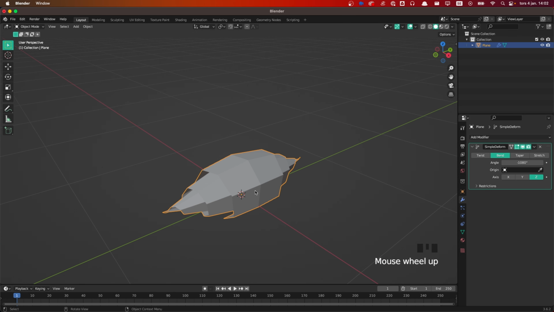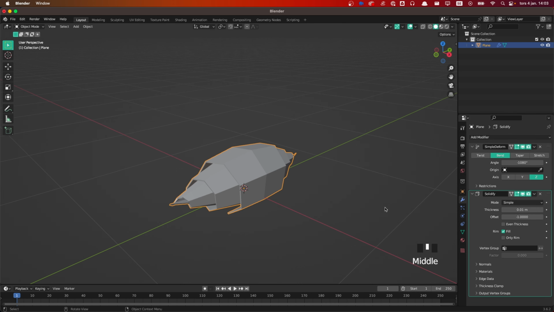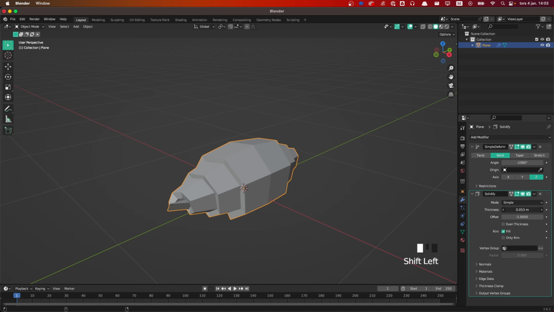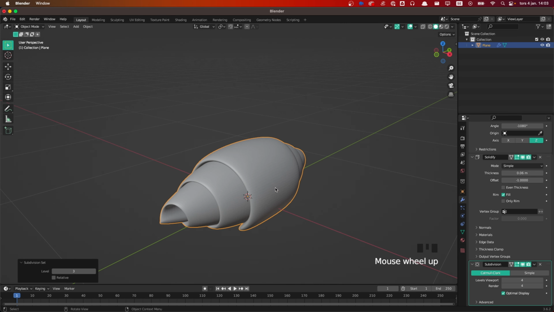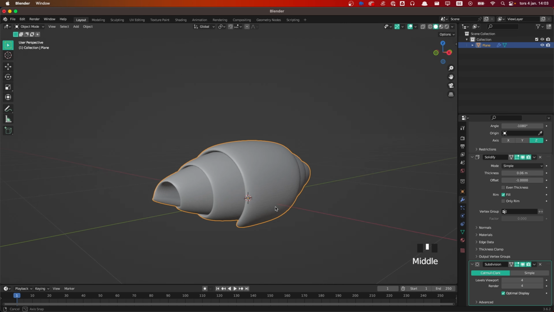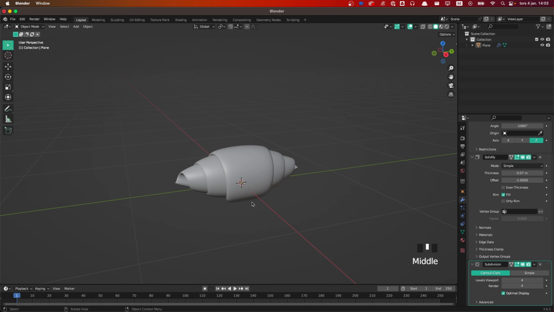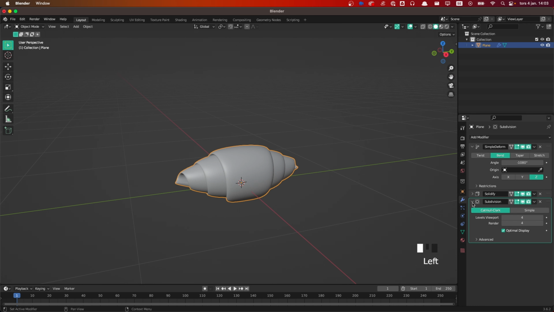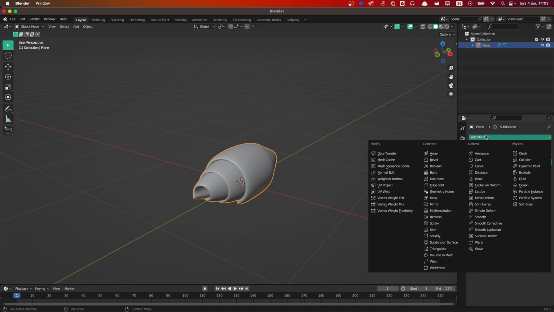Then we'll make our croissant a bit more chunky. Now I'm going to add a modifier and we'll add a solidify modifier. And then here we'll increase the thickness maybe to 0.06 for now. And then I'm going to press Ctrl 3 to add a subdivision modifier. And then I'm going to increase it to 4 on both because I want it to be real smooth. Now we can also increase the thickness a tiny bit, maybe to 0.07. There we go. I'm going to make those a bit smaller